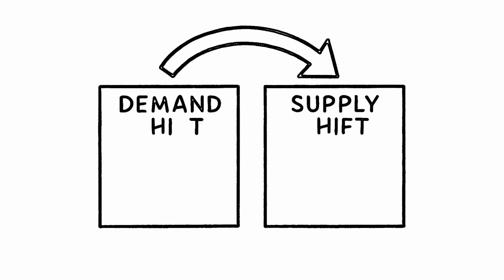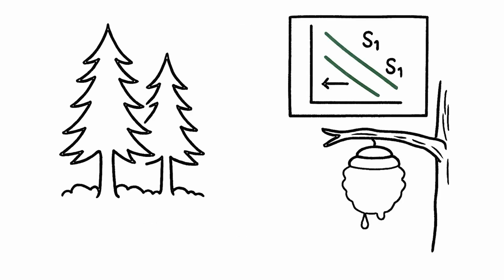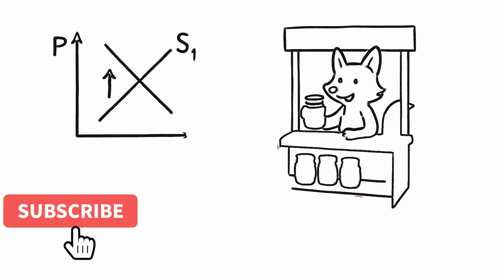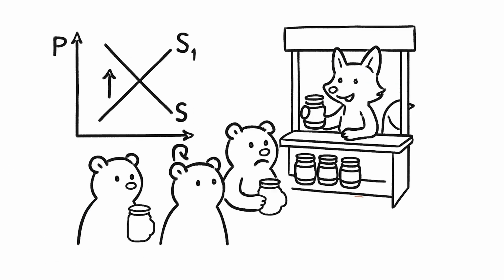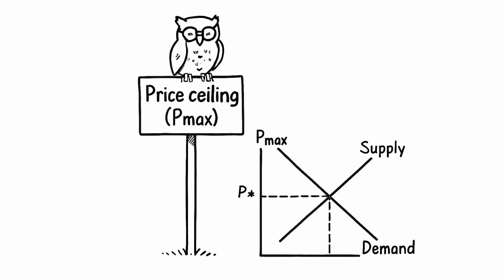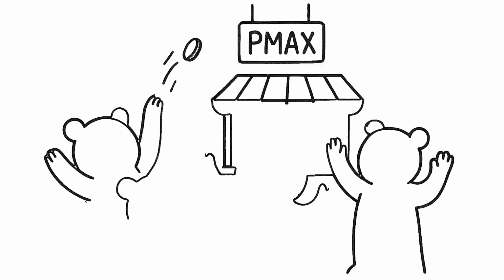Now, let's flip the story. Suppose the bees face a tough season and produce less honey. Supply shifts downward. The fox has fewer jars to sell, prices rise, and bears must cut back. Again, equilibrium changes. Sometimes the owl, representing the government, decides to set a price ceiling, a maximum price for honey,